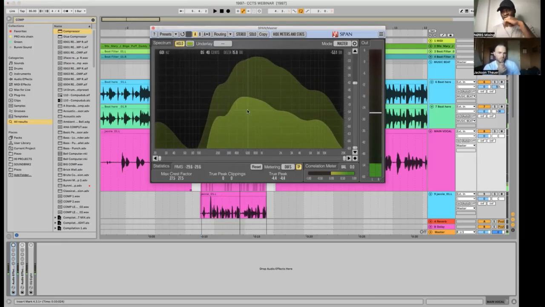Look at the curves of the original vocal, the way it is. Look at the shape. Trash. Exactly. Now let's bring out the chain now to see what we did.